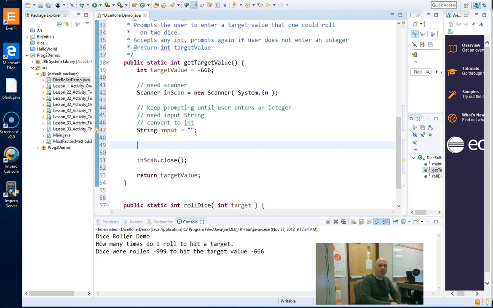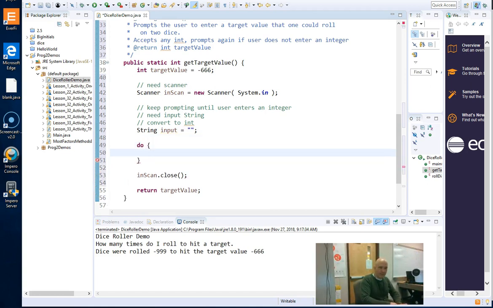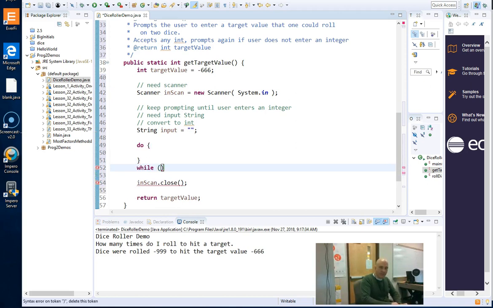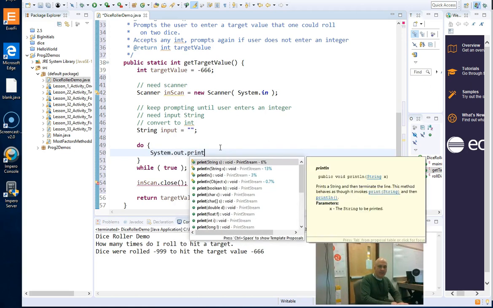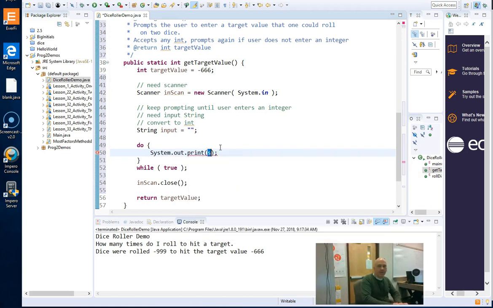So now we can do the loop. Keep prompting until the user enters an integer. We're going to do stuff while something isn't satisfied. Let's do while true. So we're going to do this forever. So now we have a runaway while loop, and somehow we're going to break out of it. First we need to prompt the user to enter something. System.out.print. Print is fine. "Please enter an integer: "